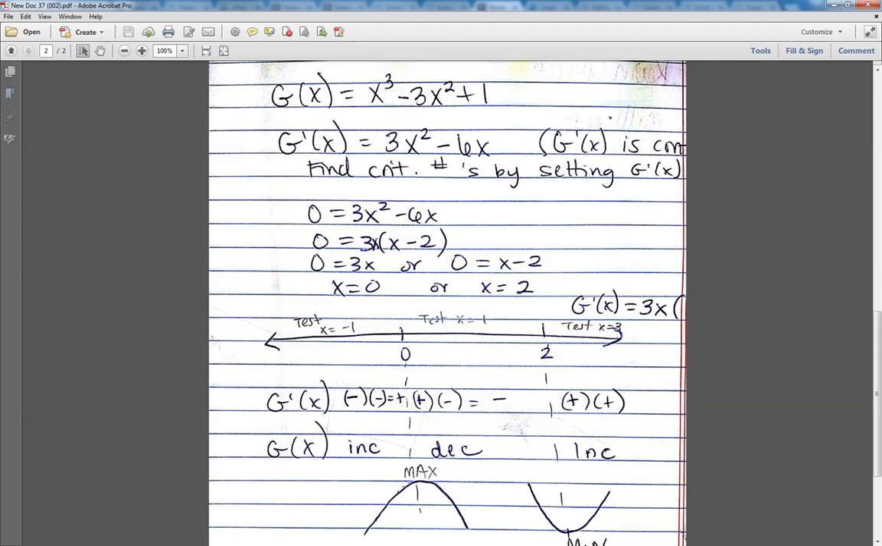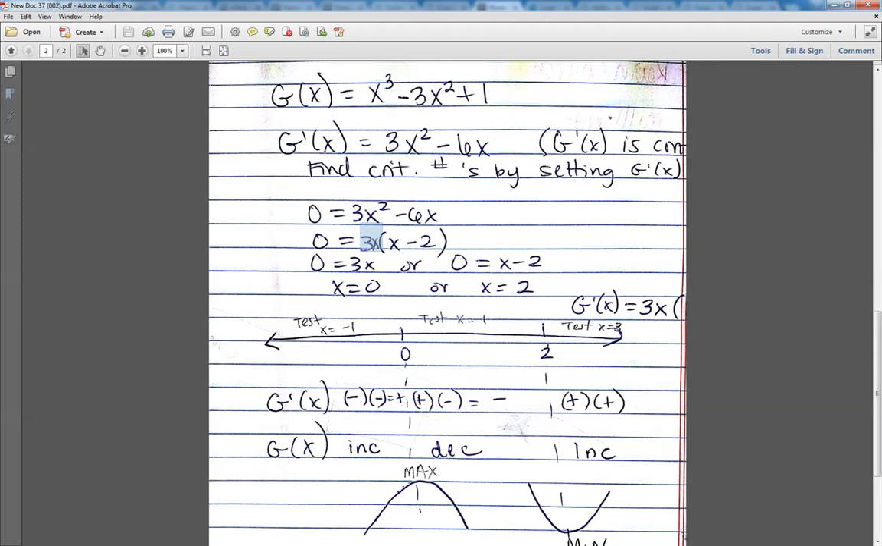And it kind of cut off here on the page, but what I like to do is rewrite my factored form of my derivative. So what this should say is g prime of x equals 3x times the quantity x minus 2, and that's what I plug into. So if I go below here and I've kind of set off to the side what I'm testing, I pick a number to the left of 0, so x equals negative 1,